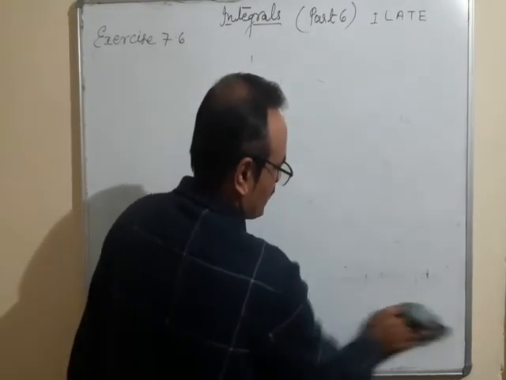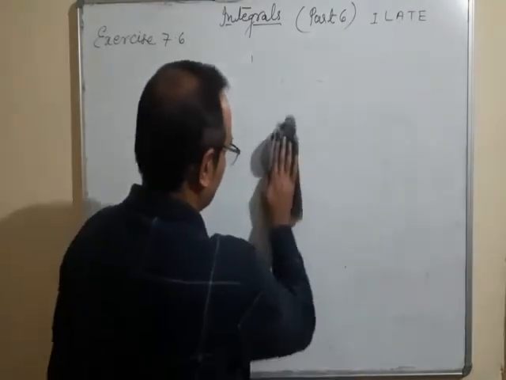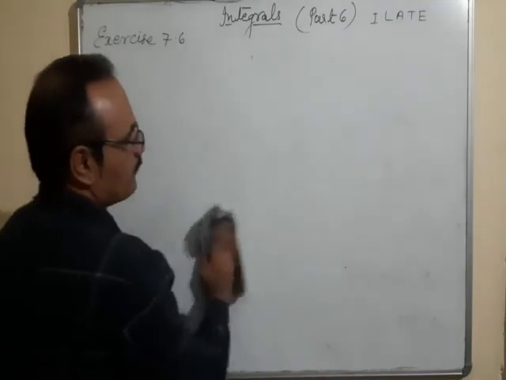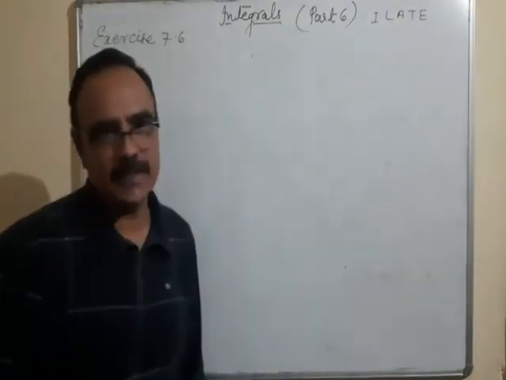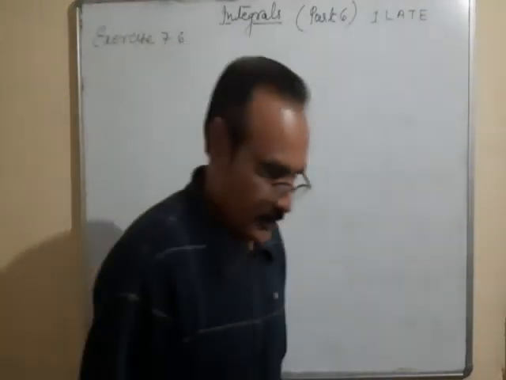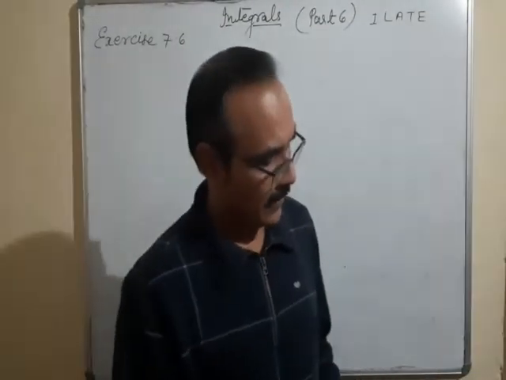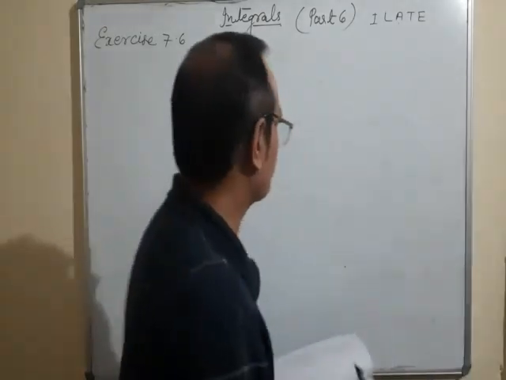So you remember one thing: whenever I see that e to the power x is printed somewhere in the question, first of all you try to make it into the form of e to the power x, f of x plus f dash x. Generally these terms are converted into those forms. One more question I am taking from it, like question number 20.